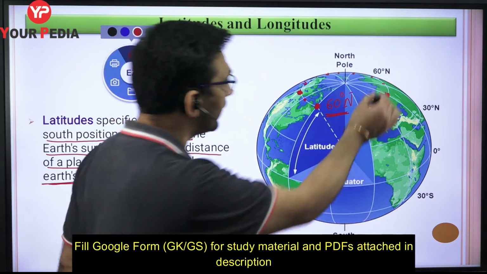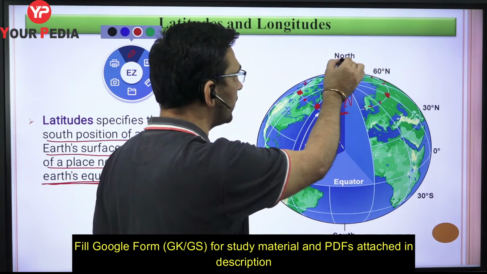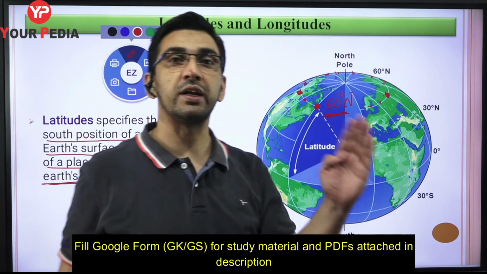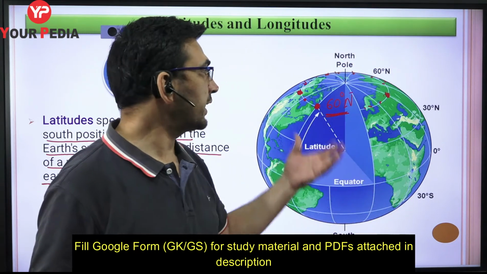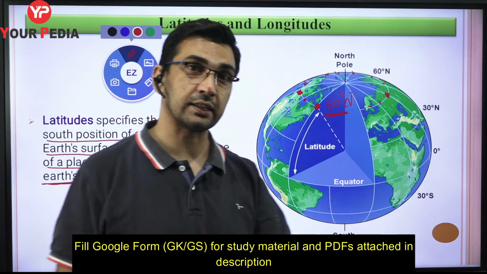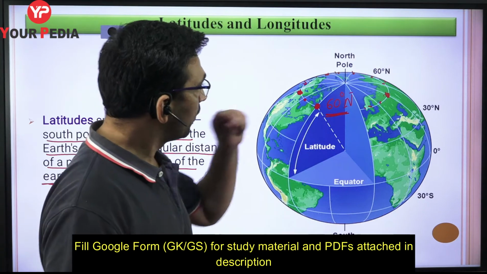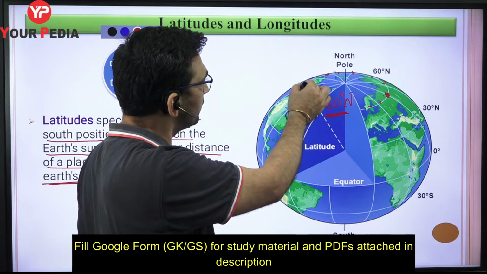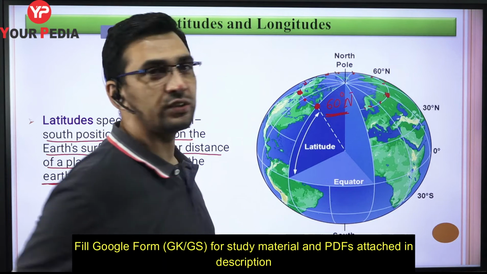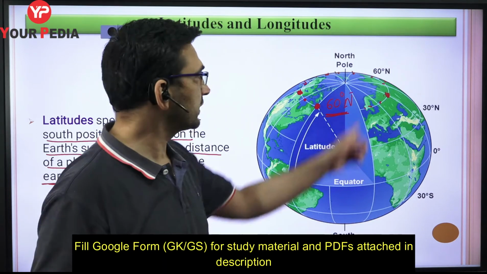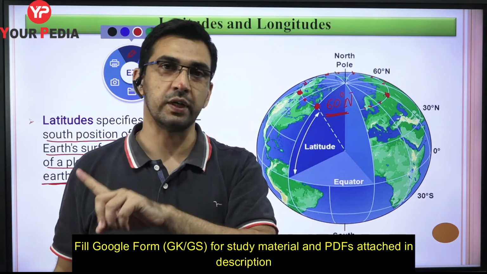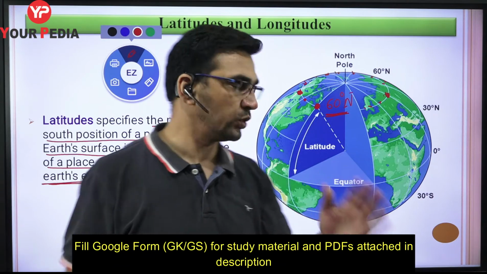How do I know whether you are here or you are here or you are here? Because all these points on the surface of the earth are on the same latitude, right? So I cannot define you exactly with the help of the latitude. Latitude can only tell you that if I go on searching for you, then somewhere here, if I start moving this way, somewhere I will find you on that particular 60 degree north. But I cannot locate you exactly. So for that I need one more term called longitude. How we have defined the longitude, I will discuss later on.